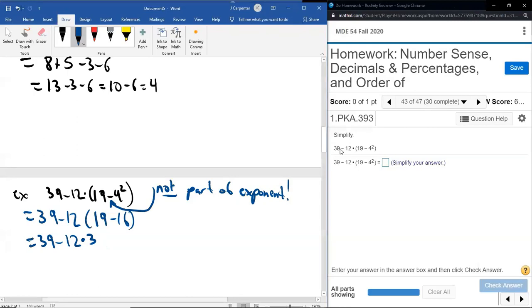All right, so the next thing we do, and I might be pulling out red for a reason, hint, wink, nudge. Next thing we do is 39 minus 12, which is 27, right? 9 minus 2 is 7, 3 minus 1 is 2, so that sounds good. And then we have our 27 times 3, and 27 times 3 is going to be, what's that, 81? Yeah, 81. I don't know why I had to think about that for a second.